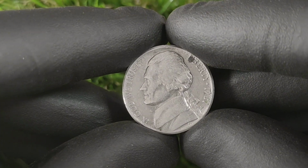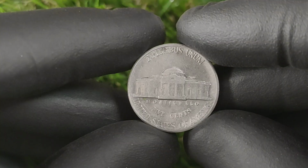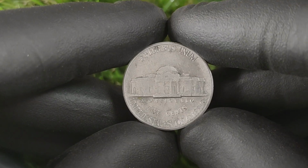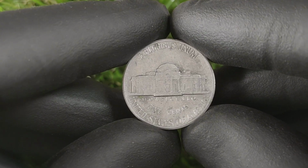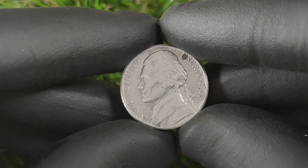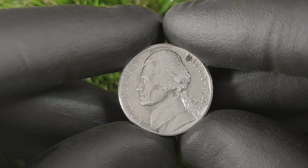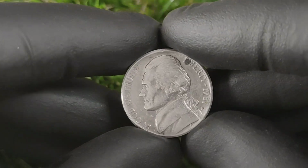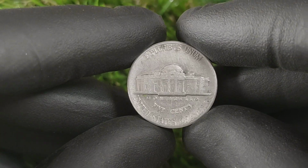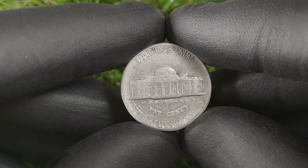known error called the double die error. This occurs when the coin is struck multiple times in a misaligned fashion, creating an impression that features multiple images rather than a singular, clean design. In the case of the 1987 P coin, this phenomenon manifests distinctly on both sides, revealing evidence of a double strike that presents a rare opportunity for collectors. As knowledge of this error spread among enthusiasts, the allure of owning a coin with these unique characteristics sparked intense